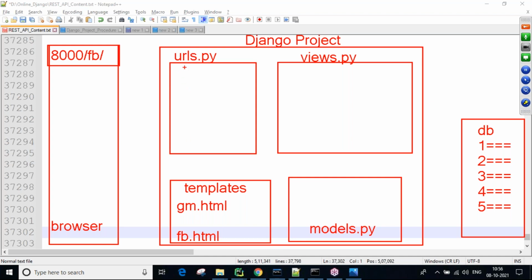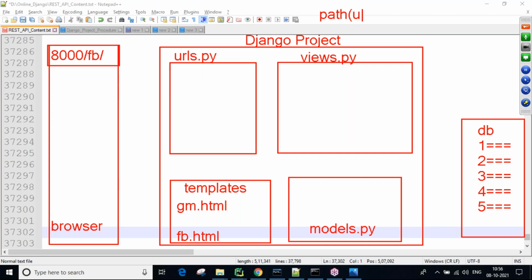Now in url.py, all our project-related URLs we maintain. For example, gmail.com, facebook.com, youtube.com, amazon.com, flipkart.com. These are all URLs, and we maintain them inside url.py. Generally we create URLs using the path method.